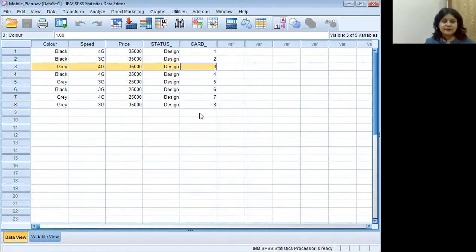So in the second step, what will we do? We'll just collect the data on these different combinations. We will use all these 8 combinations and take the customer responses, whether they are strongly agreeing with this combination or strongly disagreeing with this combination. So we can put these preferences in the Likert scale, right? I'll show you that way of collecting the customer data also. Let me show you the screen.